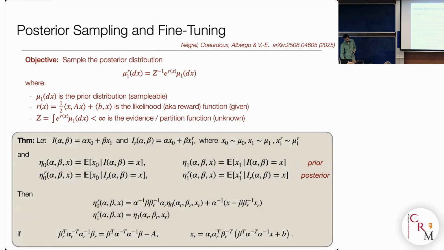This is a bit more technical, so I might skip it, but you can actually use this for posterior inference. If you learn the drift for a distribution that you potentially don't know, let's say this target, but then you want to sample a distribution that is obtained from this one by tilting it using a reward function or a likelihood that you know. If this likelihood is quadratic, which is a restriction, then this multitask drift that you have learned here can be used to obtain, without any retraining, the drift that will allow you to sample this tilted distribution.